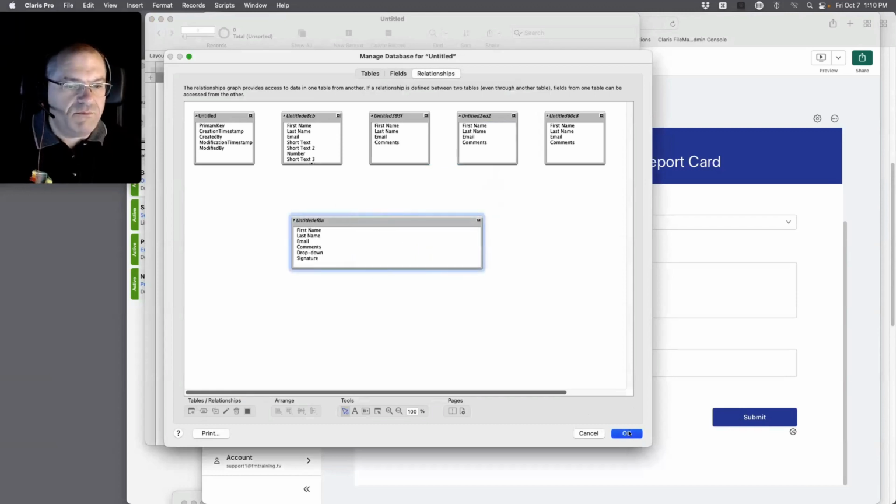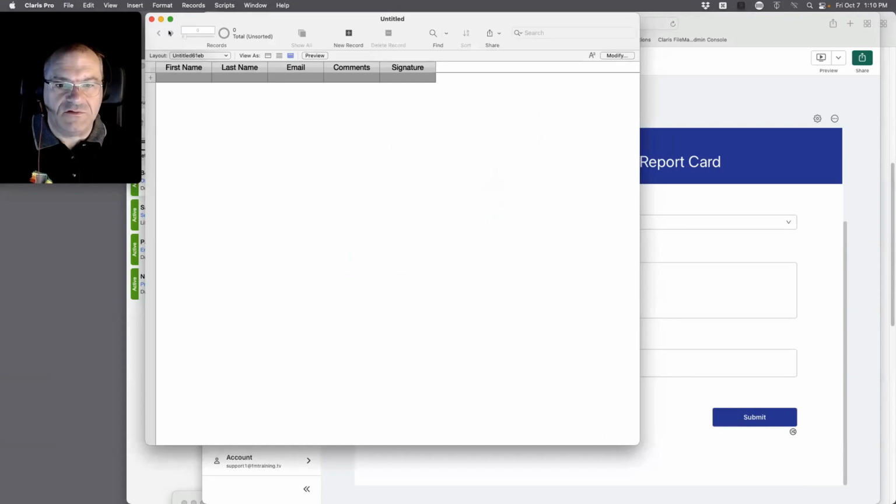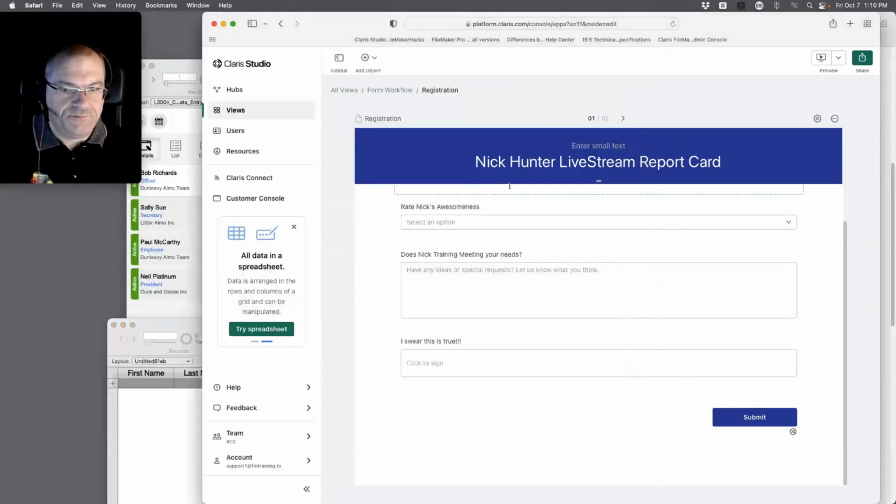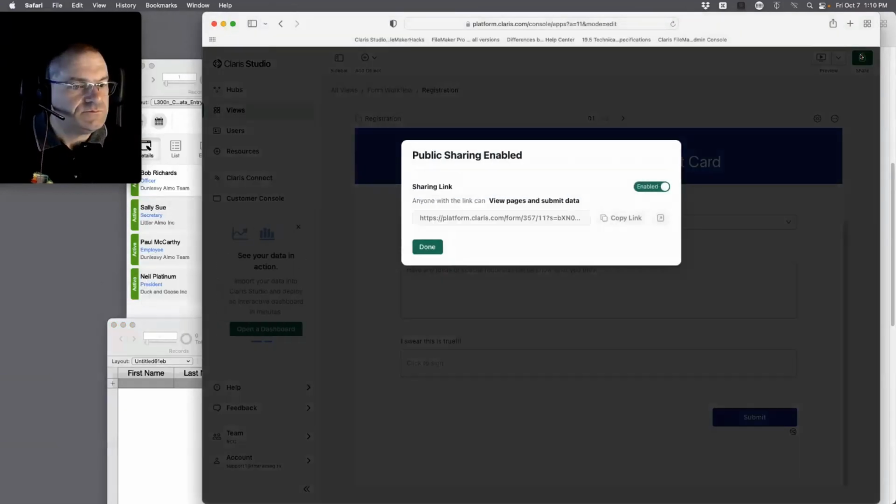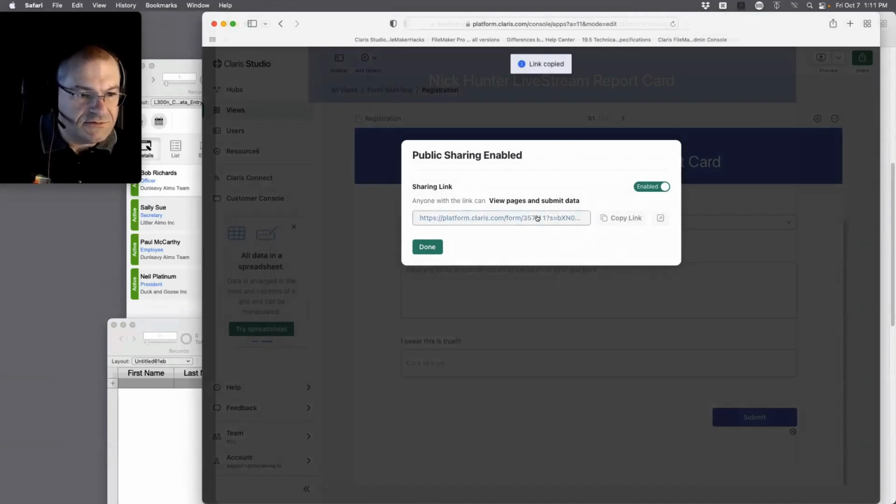No. It would be better if I named it something correct. We're back to the earlier problem of no one can access. They need to log in. So it's sharing a link. Anyone with the link can view pages and submit data, according to this.